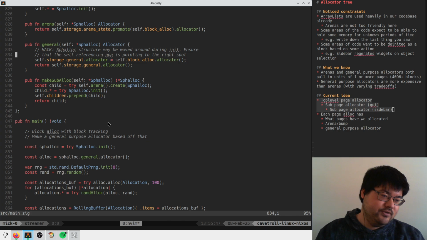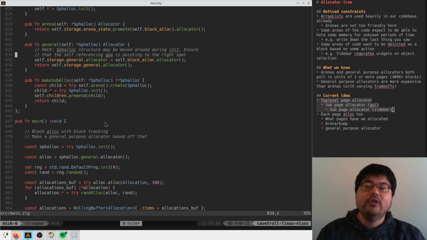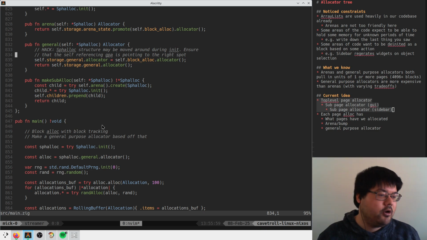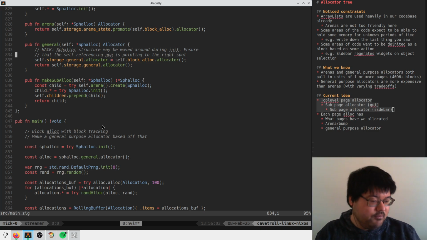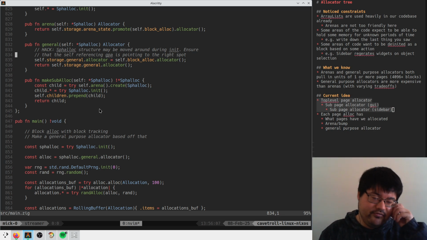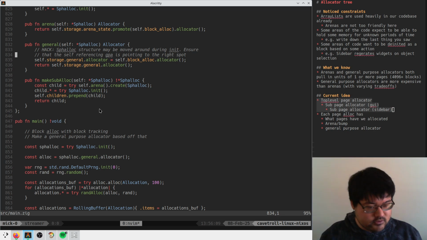Can those frees be noops if it's an arena? Well, that's the problem, though: there are parts of my application where if I just used arenas as it's written today, we would get memory explosion. I saw parts where something that should not be taking very much memory at all was taking like 20 megabytes because of the memory patterns of certain areas of the app. And we could fix all of those, right? There's no reason that we couldn't use an arena everywhere, other than